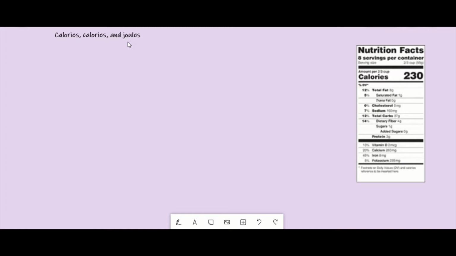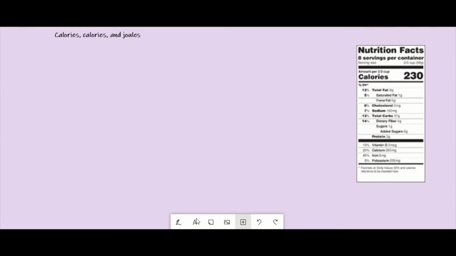The one you've heard of the most is calories, but with a capital C. Just like in this nutritional label right here, we have calories, but notice the capital C. In this case, it's 230. For whatever food you have, you're going to have a different amount of calories. Then there's also calories with lowercase c and joules. So to start off,